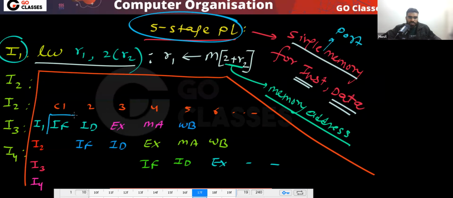You think about it. These are the five stages. There can be multiple stages. In which stages do we access the main memory? Remember, there is a single main memory. Please understand, there is a single main memory for instruction and data. It is a single port memory for instruction and data; you do not have separate memory. Now you tell me, which stages need to access the main memory?